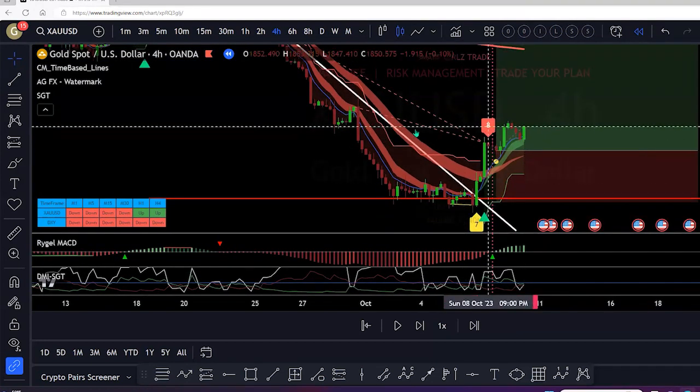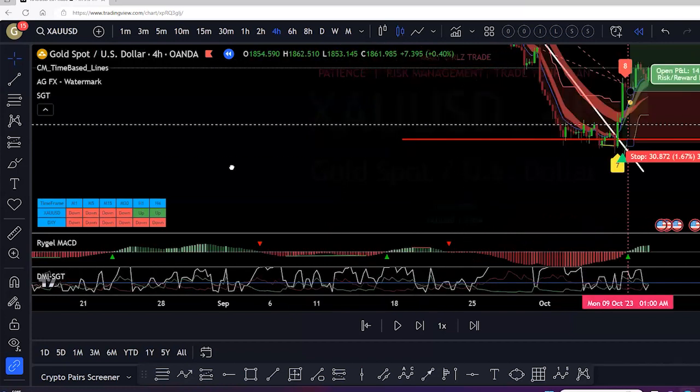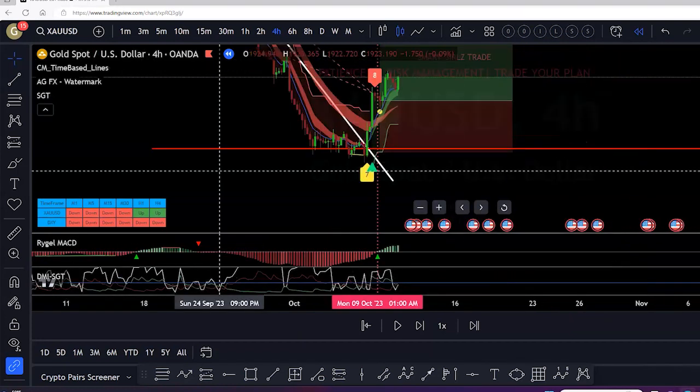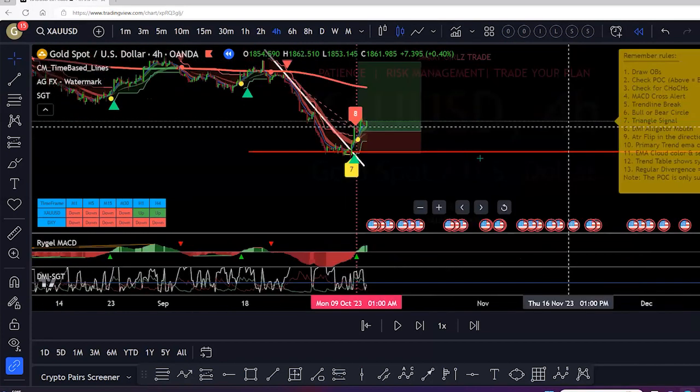And so it is the hidden divergence one, but this one was saying that this was a reversal. So I had all of these other indicators saying, hey, we're gonna do a buy. So